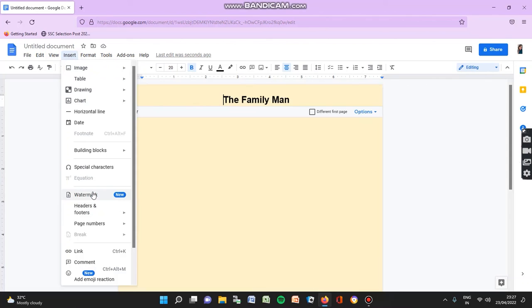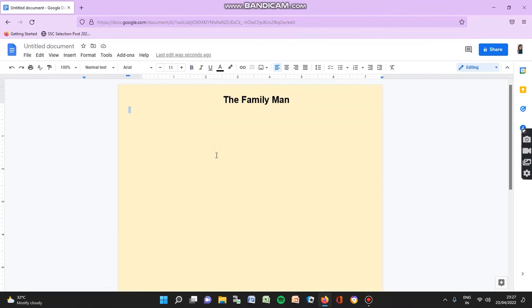Now here is another option you can get about watermark, and other inserting options like image, table, drawing, chart, about which we will learn in our next video. I hope you understood how to set a page before writing anything in a doc, and how to insert header and